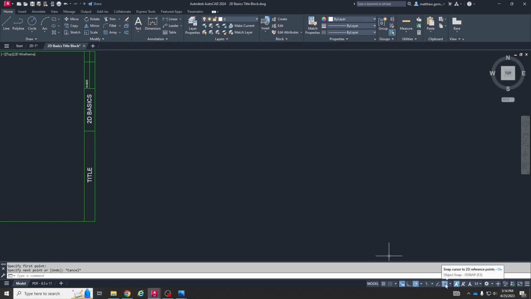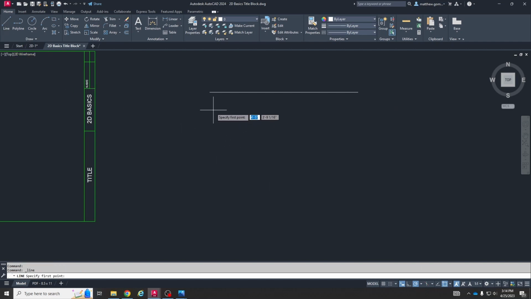And make sure that that button is blue also, and I'll show you what it does. So let's say you have a line drawn like this. Whenever you have object snap on and you want to create a new line that connects to this original line that we had, it gives you these little green objects that pop up at certain locations. This one is an endpoint object snap right here, as you can see, because it snaps onto the end of the line. There's also midpoint, which is the shape of a triangle as I go on the middle of a line. And there's several others that we'll go through later, but these are the main two that we need to